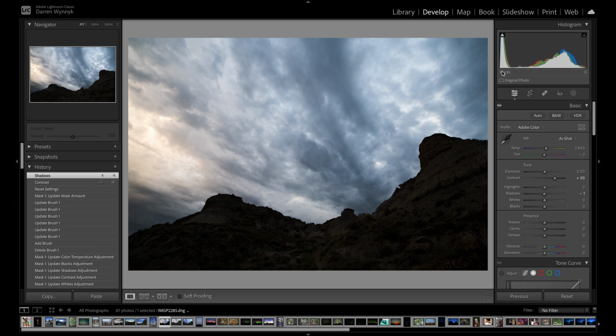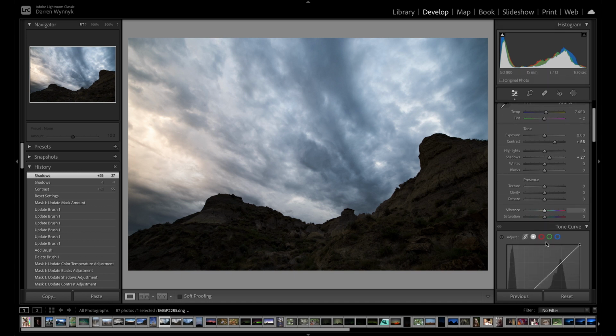And if you look up here at the histogram, you can see exactly what's going on, right? The sky is over here. This is the foreground. I'm going to bring the shadows up a little bit. Now here we've got this rather imposing sky. So what are we going to do with that? Well,